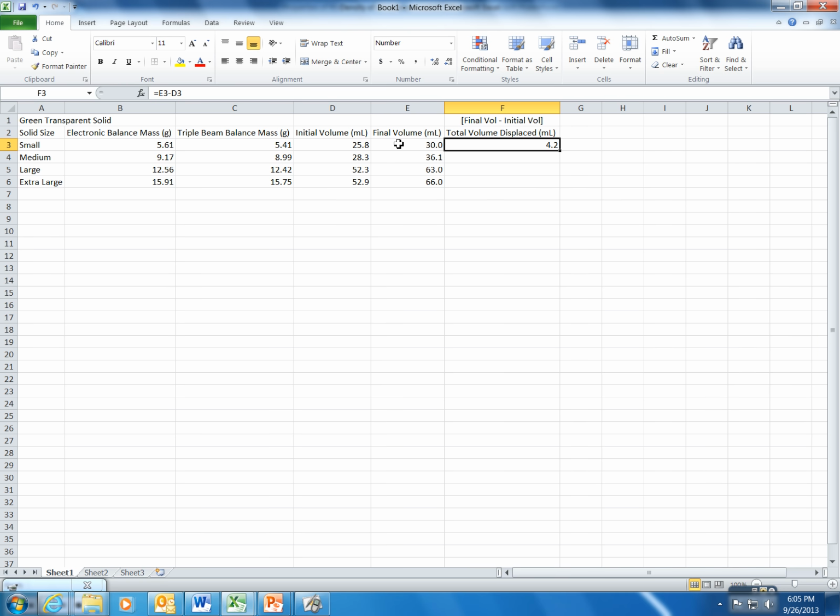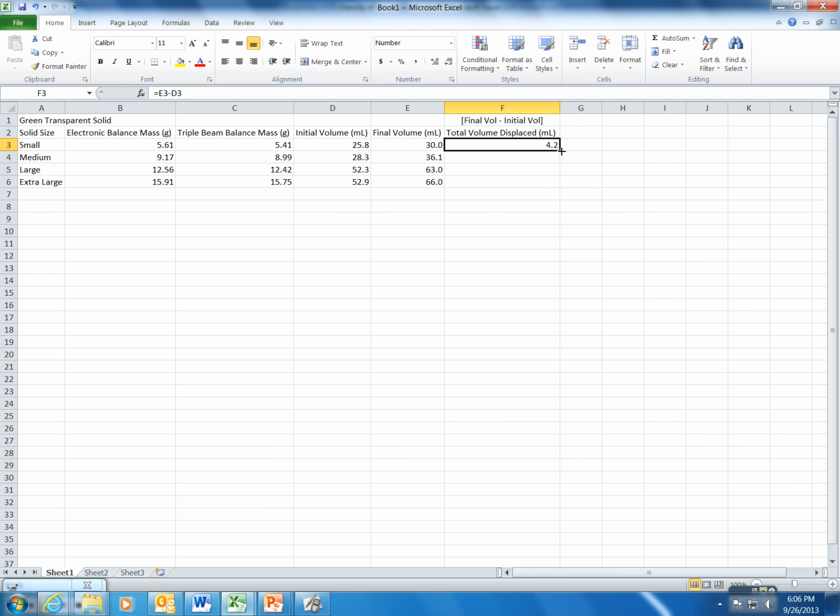That's the difference between 30 milliliters and 25.8 milliliters. Now I could continue to type that into each one of these cells. The other great part about Excel is that it is supposed to be there to make your life easier, and so we can, if we take this cursor and drag it down to the bottom right hand side of that